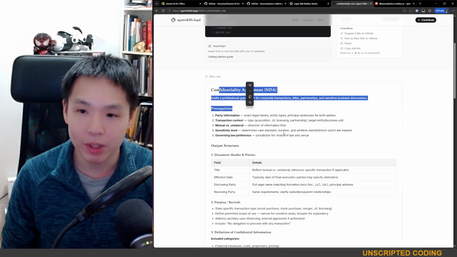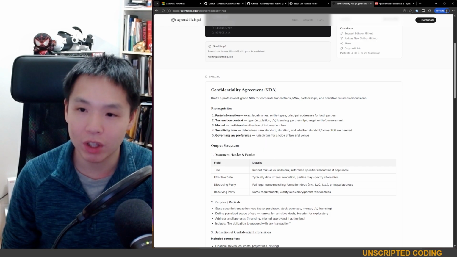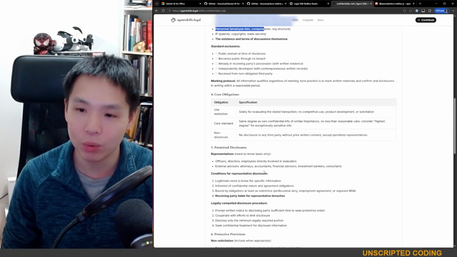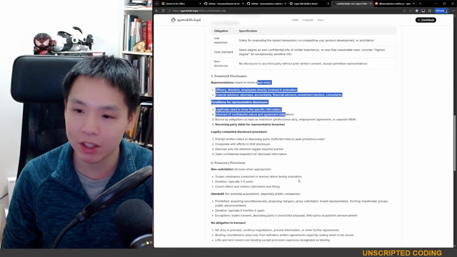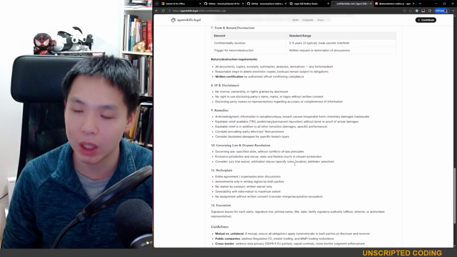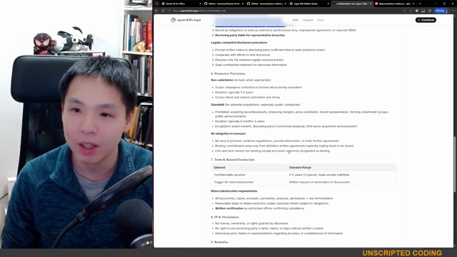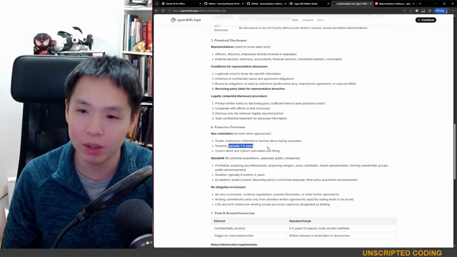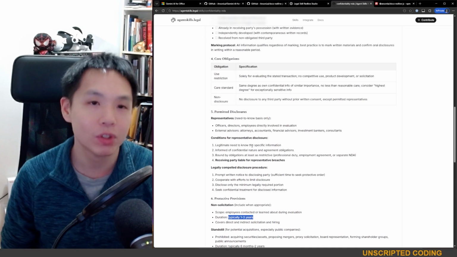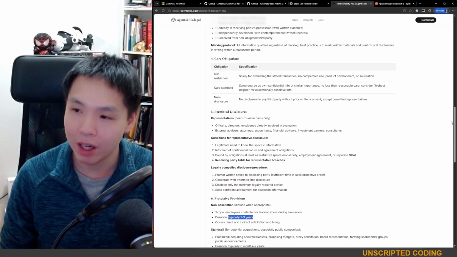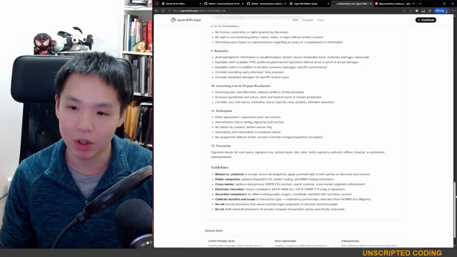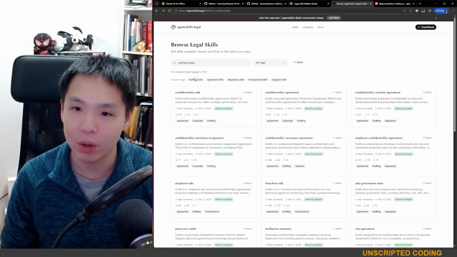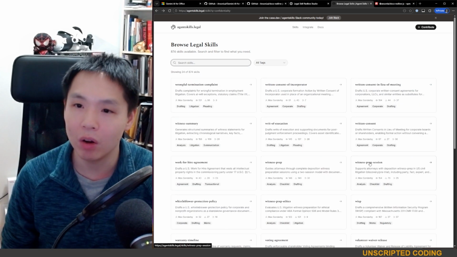It is incredibly detailed. It says what the output structure is, what the prerequisites are, how to deal with each section. I'm sure there are sections about what should be optional or not. So for example, here you could see typically 1 to 3 years. So giving just a bit more context. Now, confidentiality agreements are usually pretty simple. But if I go back here and browse just all of it,